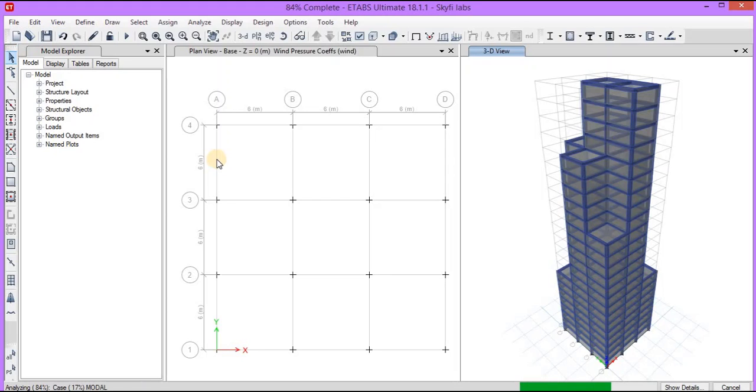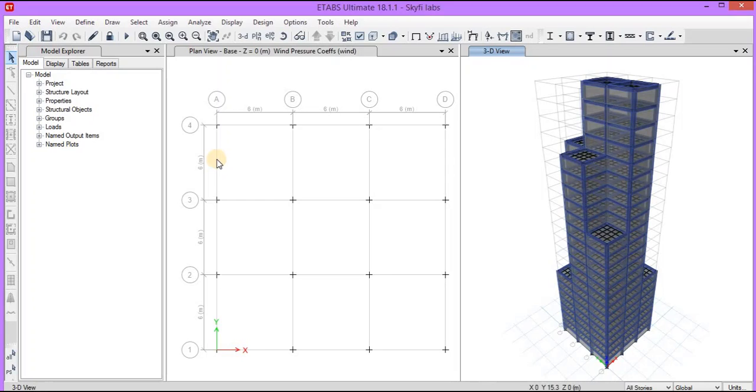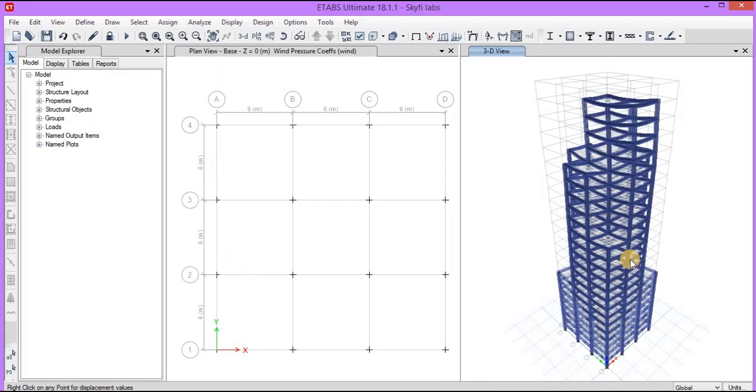You can see the progress. Now you can see the displacement values in 3D view. Now we'll go to design.